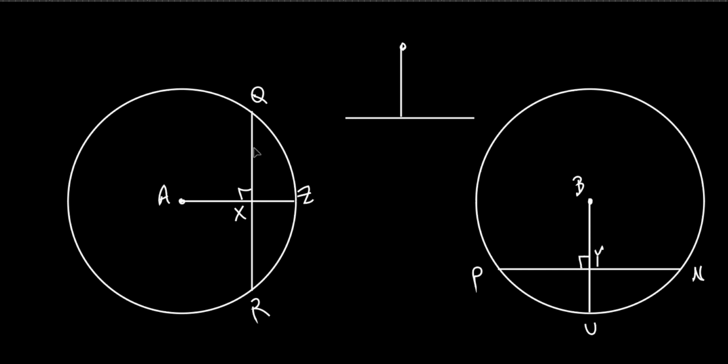So here's the center, here's the chord. How do I measure the distance from A to this line segment QR? I measure it as a perpendicular distance, okay? So what they're saying basically is that AX and what else over here must be equal to each other. BY, right. BY must be equal to each other. All right. Now, again, we didn't know that to begin with. Okay. We just knew if these are perpendicular, then we know this and this are equal. Agreed? And if they're congruent circles,